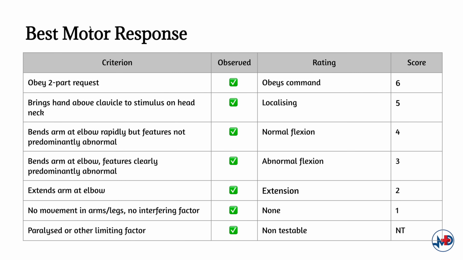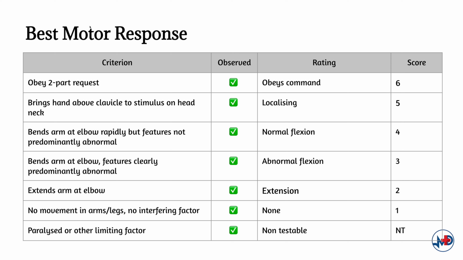Next we look at best motor response by using sound and touch. If the patient is able to obey your 2-step command, such as blink your eyes and raise your arms, or blink your eyes and clench my fingers, that would be a score 6. If patient is not able to obey your command as above, apply some pressure over the forehead or chest with your thumb. If the patient raises either of his hands towards the pressure, which means localizing the pain, that will